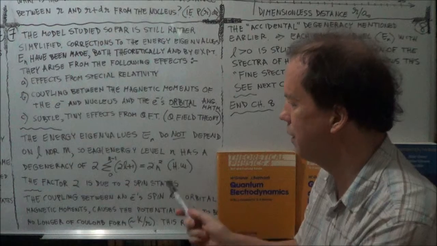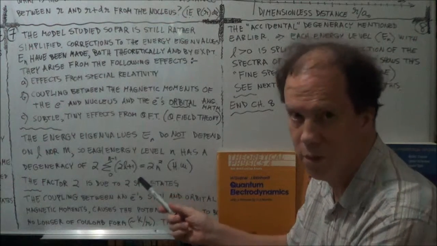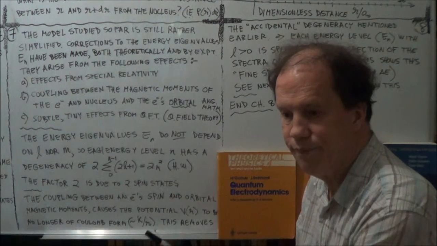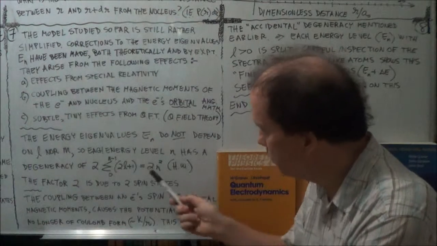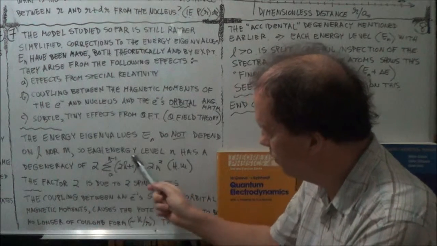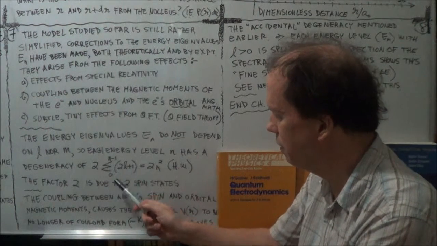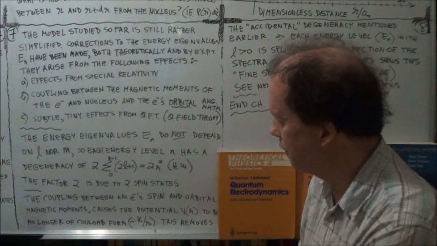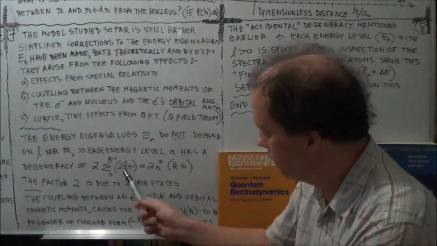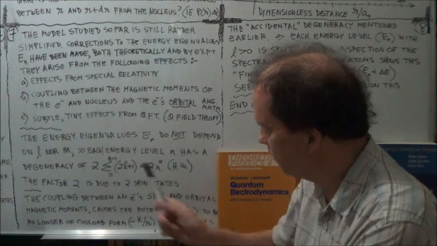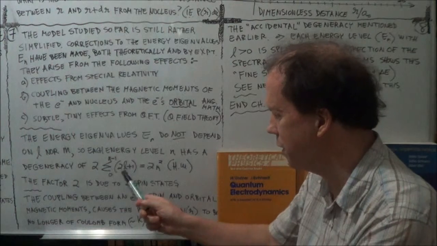Now for homework, if you like doing math, number theory type problems, prove that that is just 2n squared. L I think ranges from 0 to n minus 1. I mean you need some relation between L